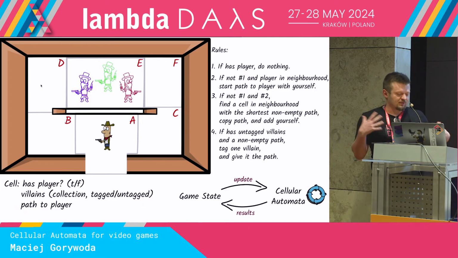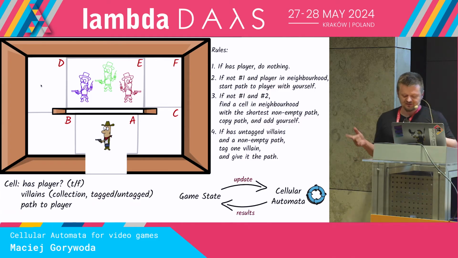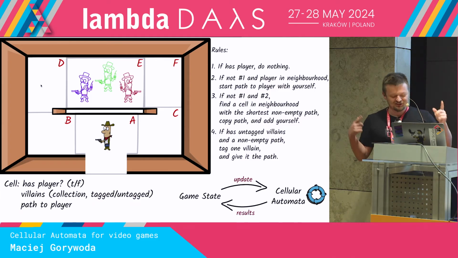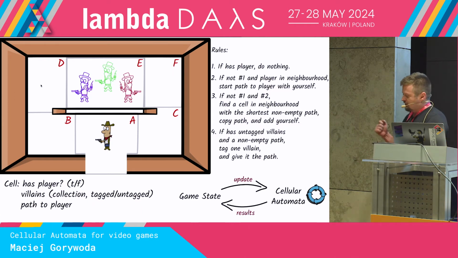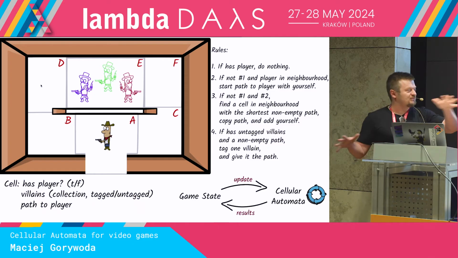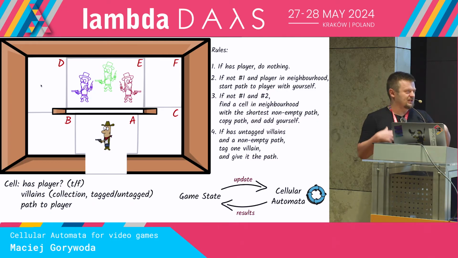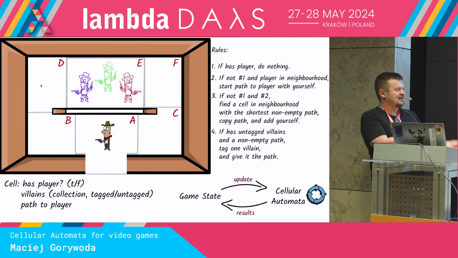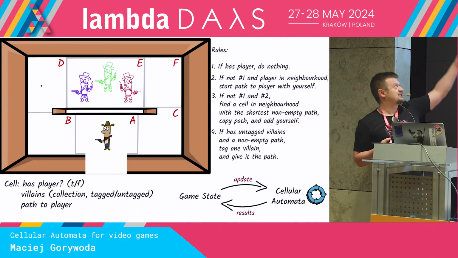One thing that maybe also needs mentioning is that the Cellular Automata that is used as an artificial intelligence engine here is not the same as the game state. It's not like I'm doing all that stuff at the same time as the artificial intelligence doing the thinking. It's like something happening in the world, then the update of the whole game state of the whole world is given to the Cellular Automata. The Cellular Automata makes some computations and then gives results to the game state, and those results are, okay, this villain should go here, that villain should go there.